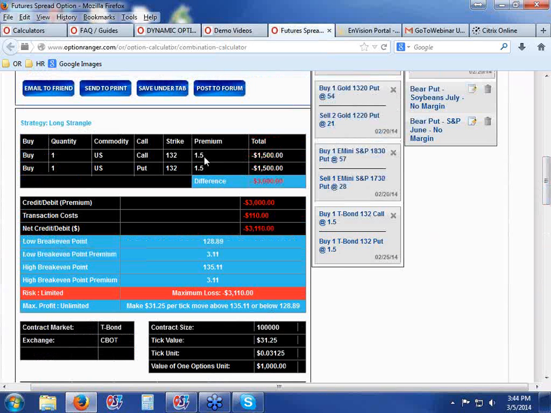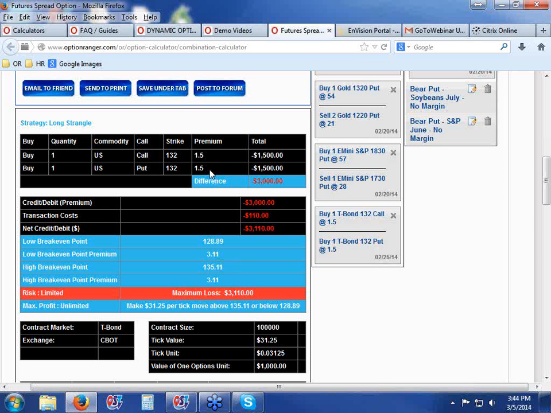Again, in this particular trade, to review the composition of a long strangle: the composition of the trade is to buy a call at 1.5, to buy a put at 1.5. So there's a total of 3 basis points. There was 1.5 basis points paid for the right, but not the obligation, to get long at 132. There was an additional 1.5 premium paid to buy the right, but not the obligation, to sell the bond position at 132. So in effect, the market has to break out pretty significantly, actually by 3.11 points intrinsically,